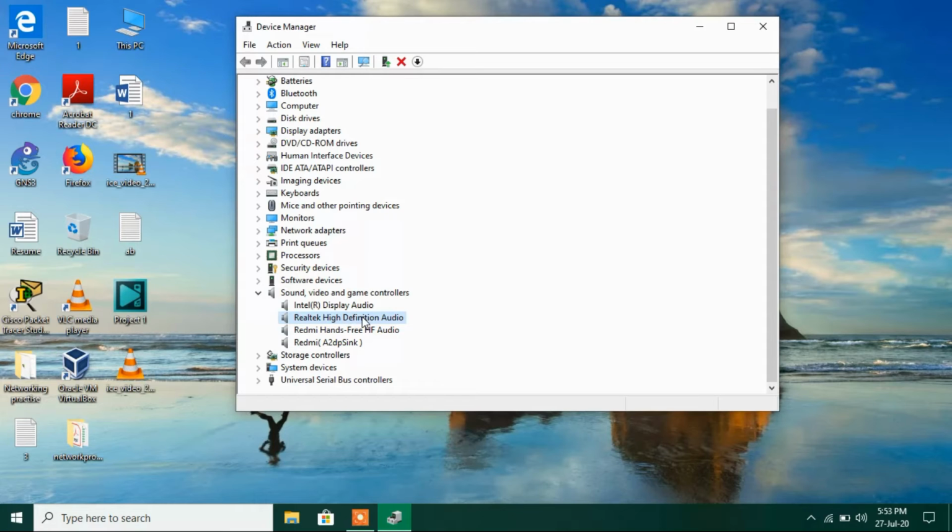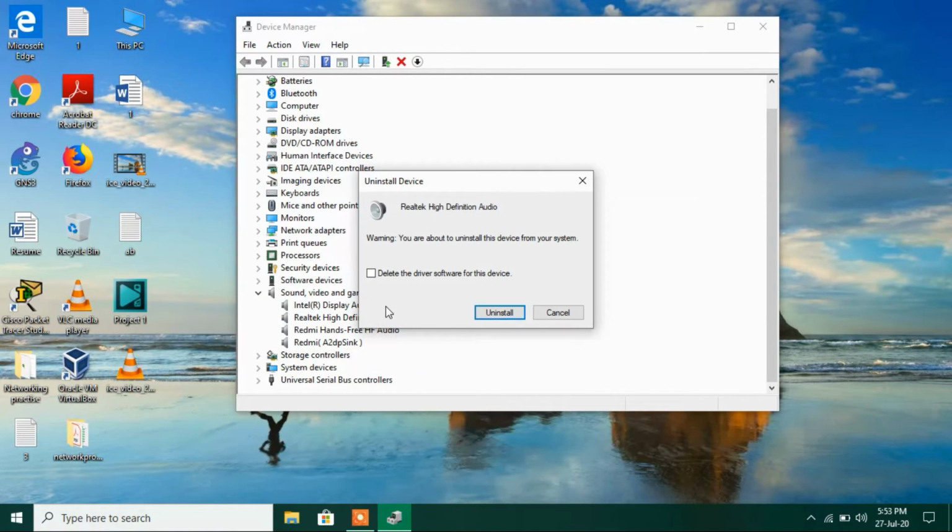After this, what you have to do is right click over this sound card and this time click on the option Uninstall device. One thing that I want to tell is that never ever click on the option Delete the driver software for this device.